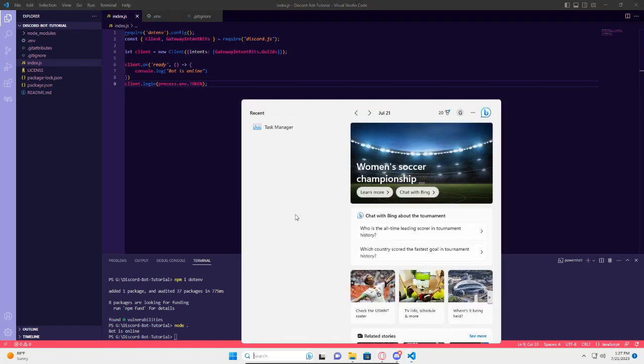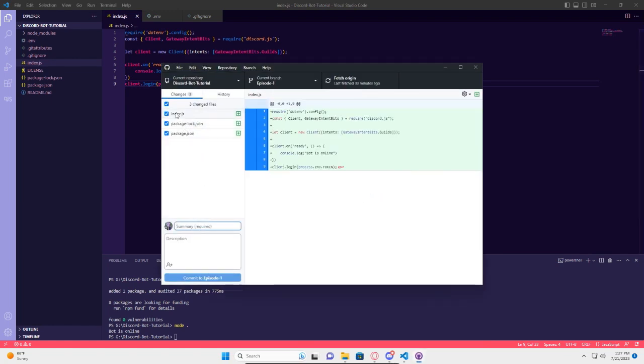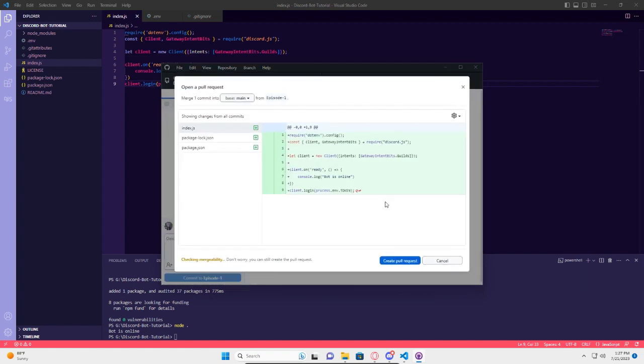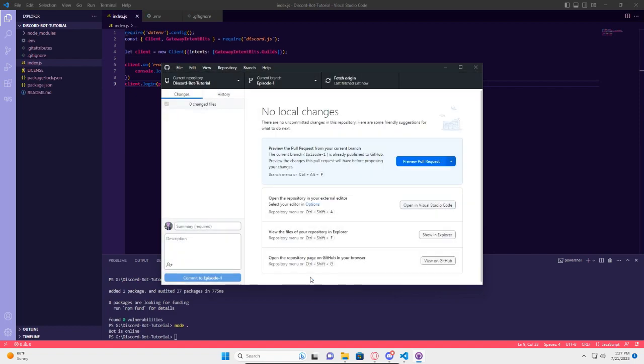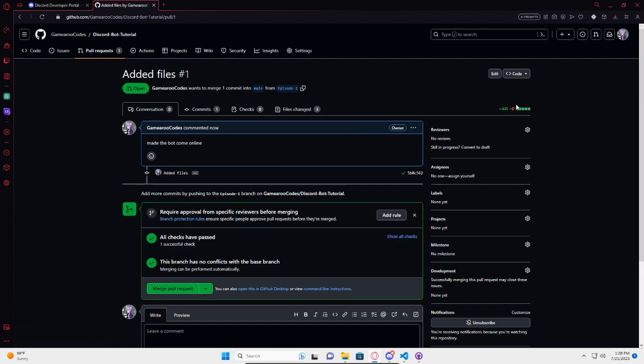So we're going to simulate a change. If you open Desktop again, which seemed to have crashed, we're going to give it a reason. Alright, and we commit, push to origin, and create a pull request here. It is able to merge, and then we create pull request. Add files, create pull request, and you can go ahead